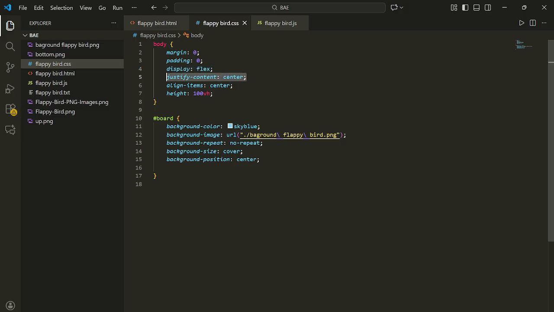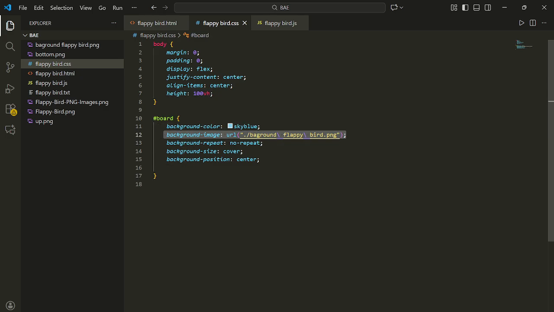Justify-content center and align-items center center the canvas horizontally and vertically. And then height 100vh makes the layout fill the whole screen height.